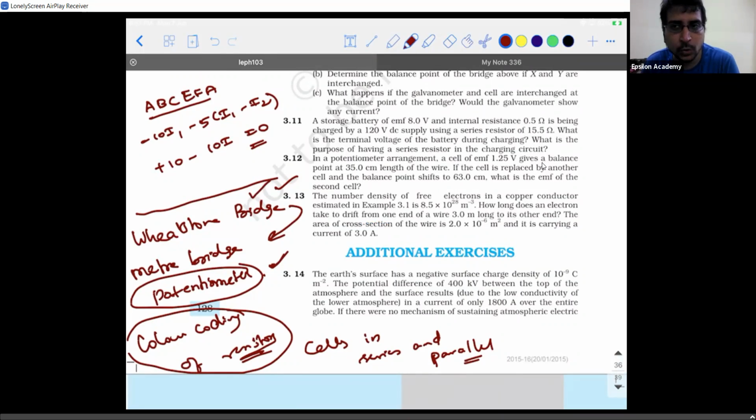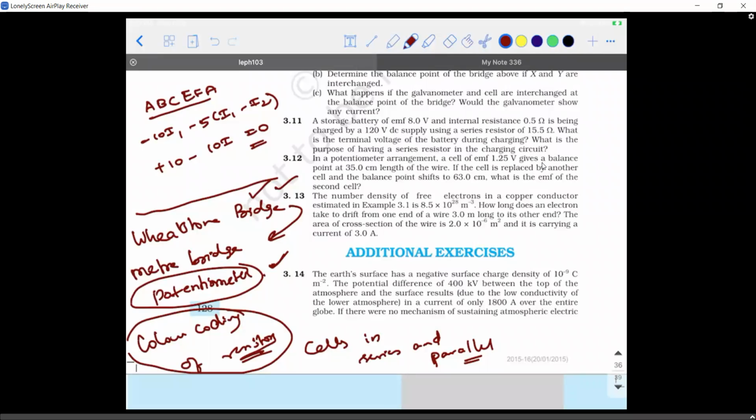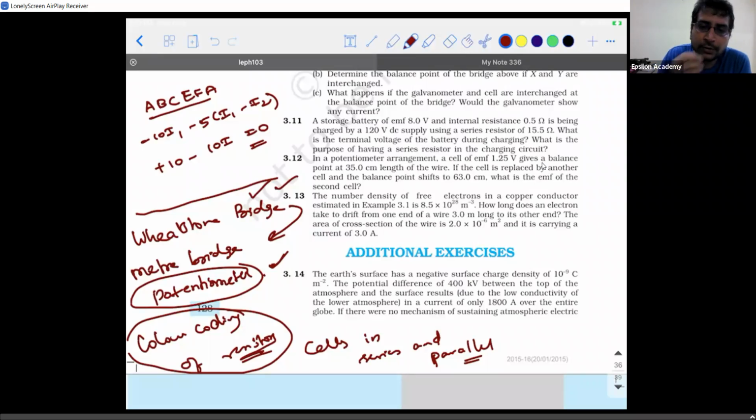So assuming there is no doubt from today's class, is there anyone having a doubt? No, sir. That's good. Okay. So go through the concept of Kirchhoff's rules. Also try to solve these two problems and get the answers so that your calculations also become faster. So tomorrow I'll start Wheatstone bridge, and if possible I'll teach meter bridge also. Actually, I can complete both the topics tomorrow.